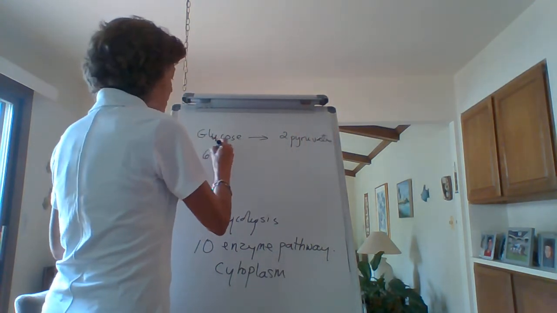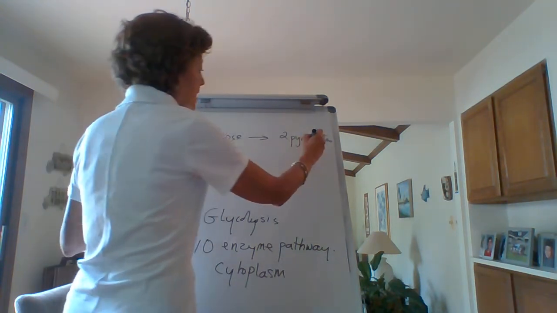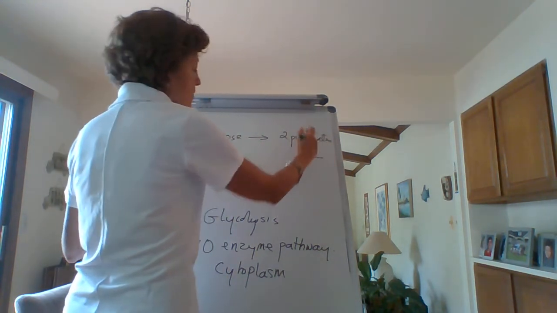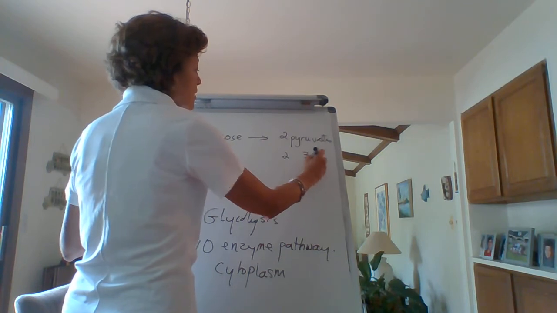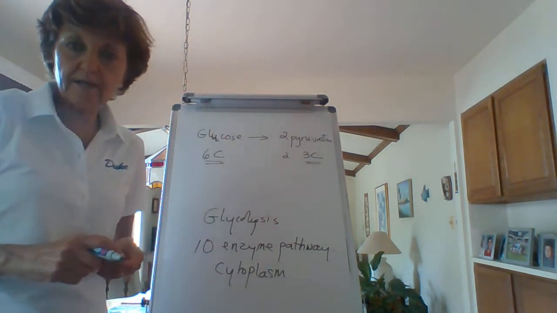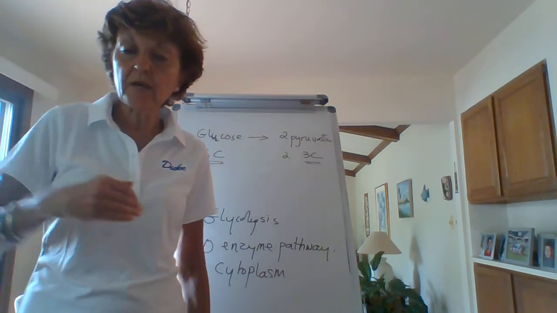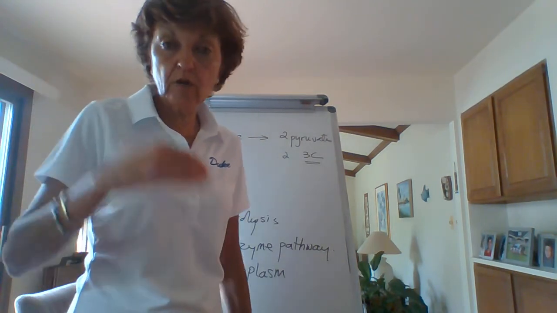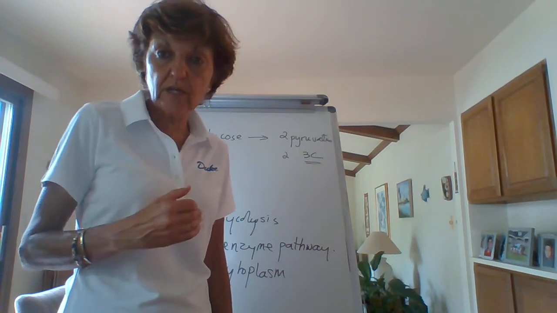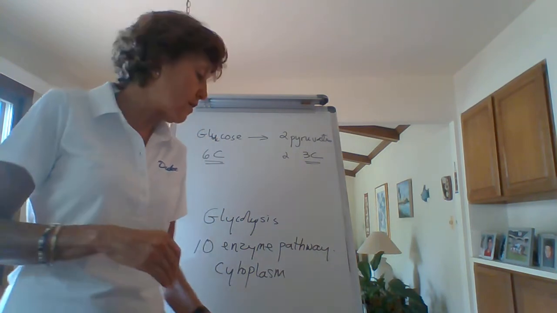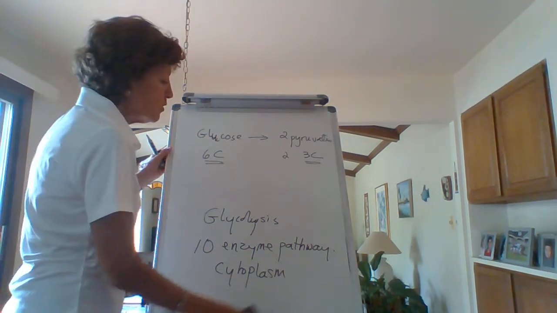Glucose is a 6-carbon molecule and pyruvate is a 3-carbon molecule. So you end up having 2 3-carbon molecules at the end. All right, so we're going to go through glycolysis step by step. You can look at every reaction in your book so you can follow along, and you need to know